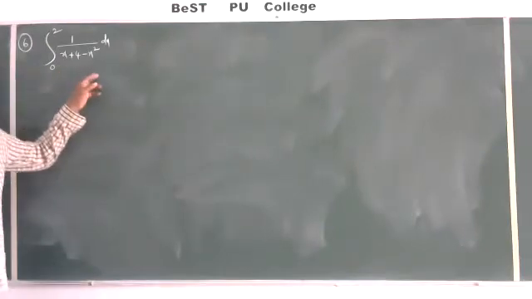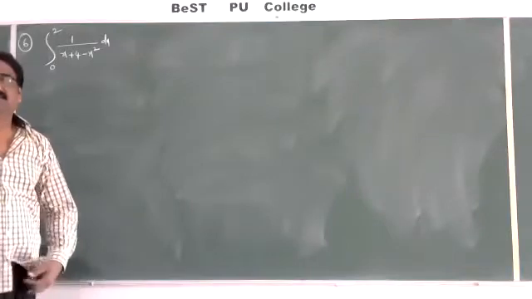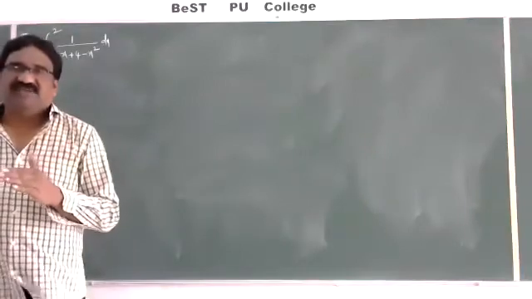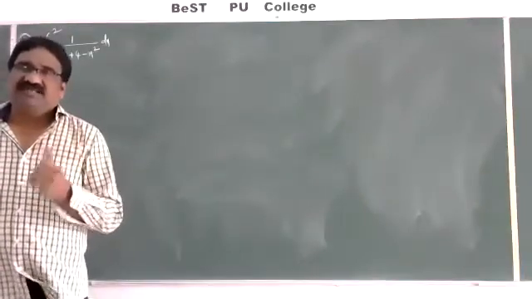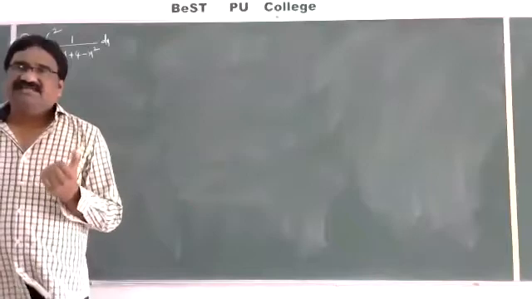So we already do this type of problems in integration. Integral 1 by ax square plus bx plus c form. You remember the formulas: integration of 1 by x square plus a square, integral 1 by x square minus a square, integral 1 by a square minus x square, integral 1 by a square plus x square, like that. So here first what is given?